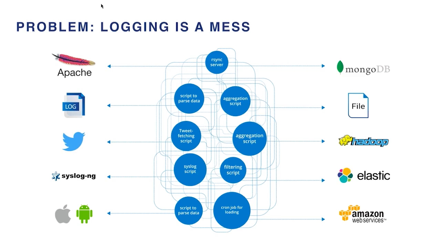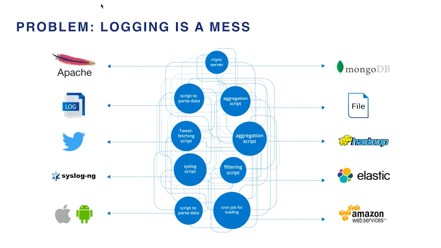For example, maybe Hadoop or maybe Elasticsearch. In one instance here, we're using data from syslog-ng or syslog, and it's being routed to Amazon S3 for archive. It's being routed to Elasticsearch for real-time search and so forth. Let's not forget about data from our mobile apps, from our social networks. The result is a cornucopia of point-to-point scripts, each serving a distinct function, but none or very few having any